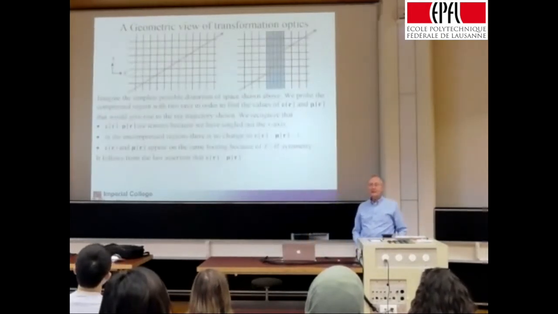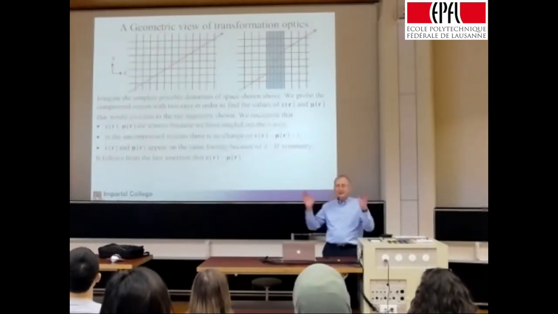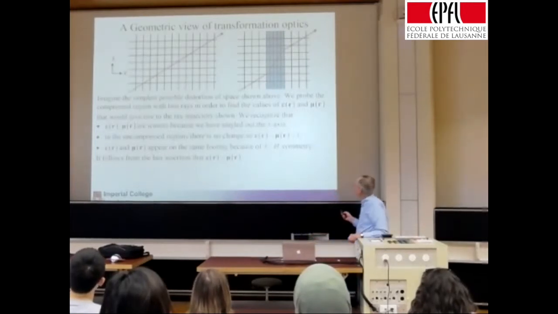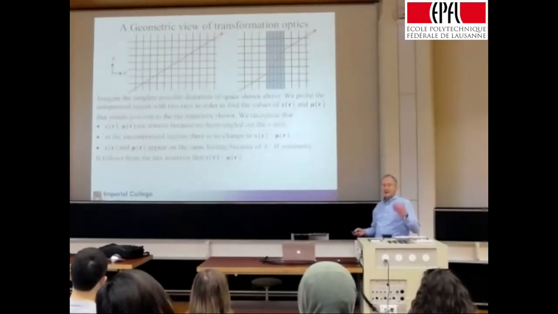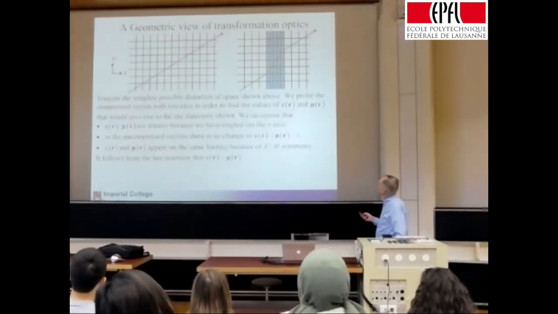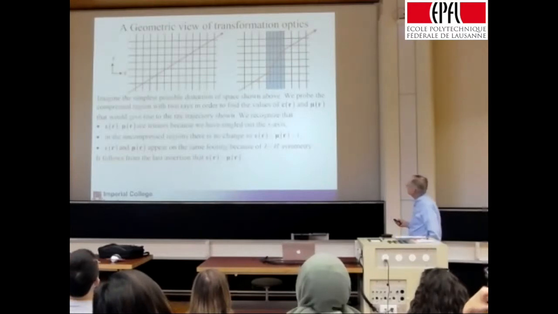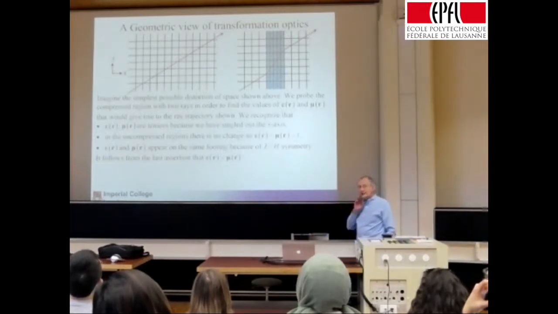So let's ask for something really simple. I'm going to compress space, the simplest distortion of space. I'm going to compress space like this. And then I'm going to ask, what do I have to do to epsilon mu so that a ray of light going here, so the Poynting vector is another conserved quantity which can be represented by rays. So this is a Poynting vector, let's say. And if I compress this region here, then the Poynting vector is going to do a zigzag. And so what must happen to epsilon mu for this to happen? And it's very easy to find out what values of epsilon and mu, and they must change in the same way,